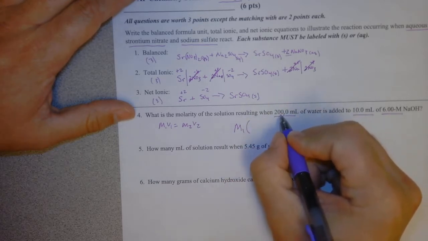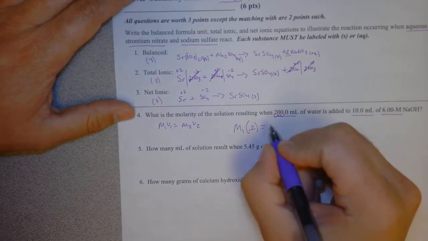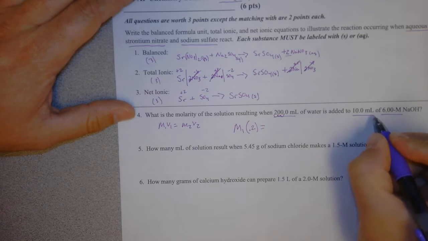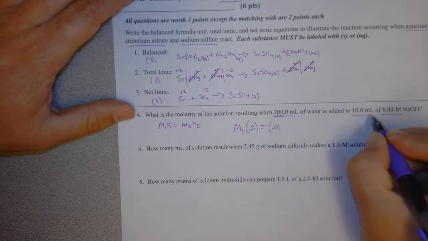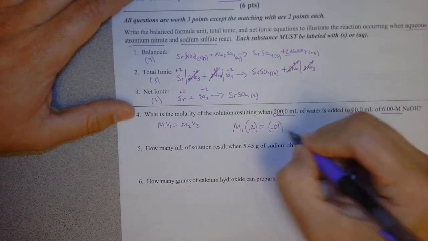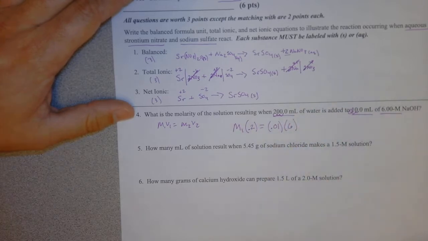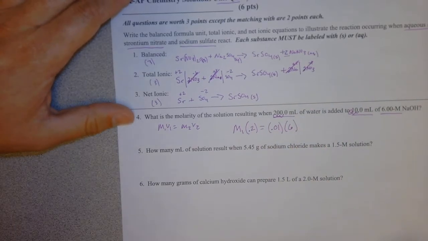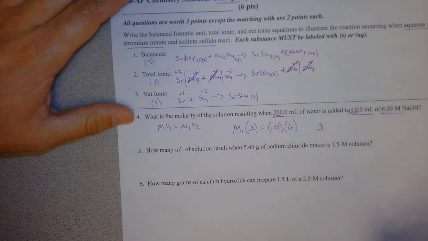So 1, 2, 3, this should be 0.2 equals, once again, milliliters needs to be changed to liters. So 0.01, right? 1, 2, 3. And this is going to be my molarity of 6. So when I do that and put this into the calculator the correct way, I should get 0.3 as my